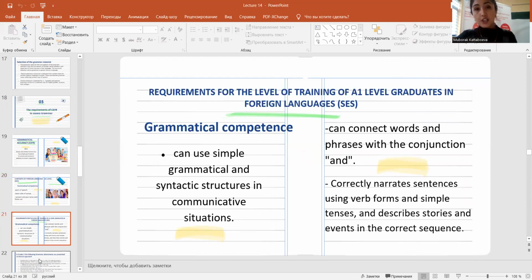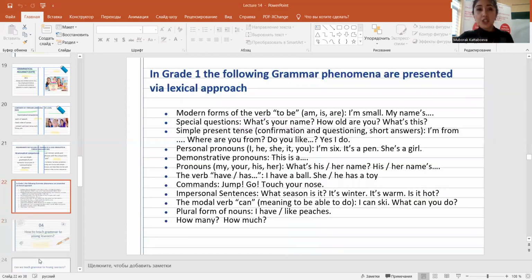According to the state standard, grammatical competence is a learner can use simple grammatical and syntactic structures in communicative situations. They can connect words and phrases with the conjunction and, pay attention to this point, correctly narrate sentences using verb forms and simple sentence and describe stories and events in the correct sequence. So this is what A1 level learners can do